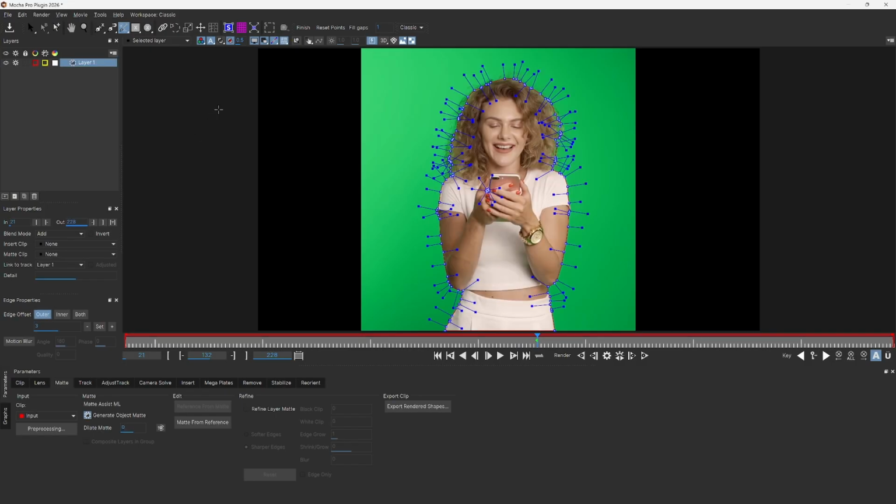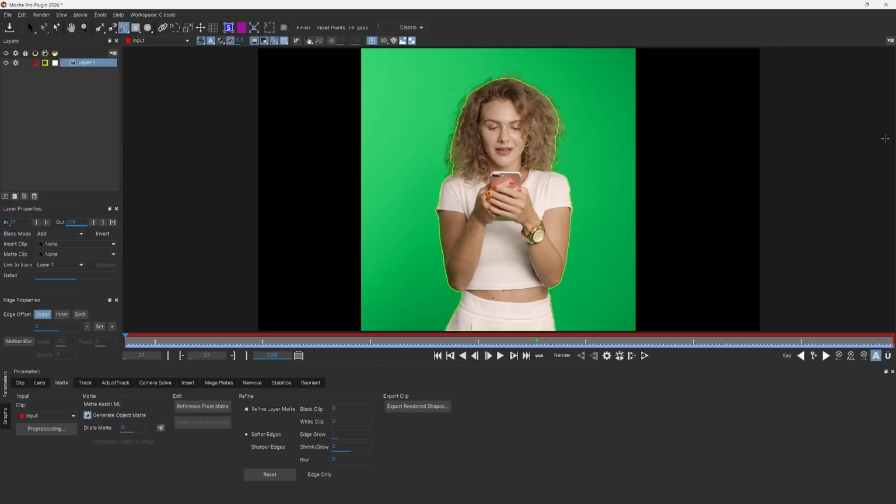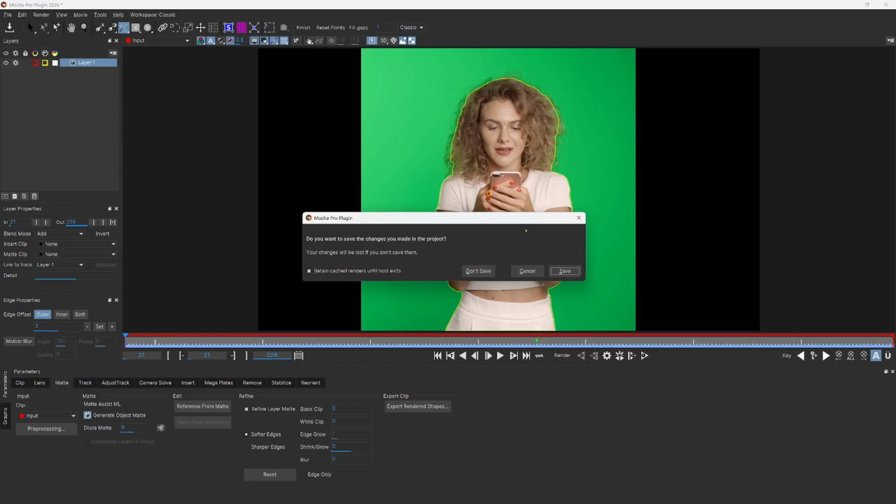But what I want to do, though, is have a softer edge to my matte. So I'm going to do refine layer matte and select softer edges. You can't see it right now, but you will see it on the final result, it softens up all the edges. If it was a car, for instance, I would select sharper edges, but because it's a person with frizzy hair, I'm going to select softer edges. So now I'm going to track her forwards and backwards. Five minutes later. Okay, so now she's all tracked, and I'm going to click the X to close it,